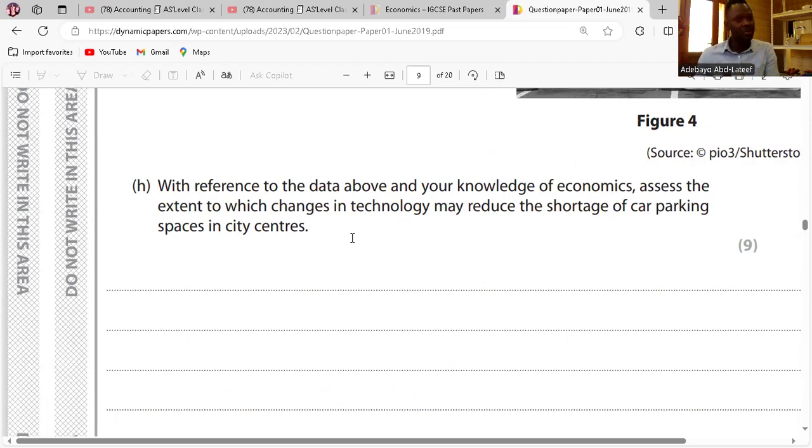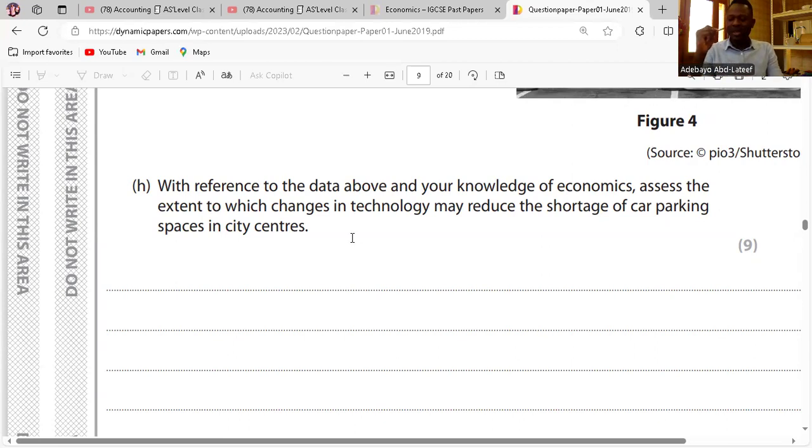Advanced parking space. So I wrote, shortage comes as a result of demand greater than supply, as in the context. Without the advancement in technology, more parking spaces are demanded than supplied, which means demand is increasing. Do you get the point there? So demand is increasing if there's no advancement in technology. Now, introduction of APS. An introduction of APS will increase the supply of spaces, shifting the supply curve rightward. Do you get the point? The third point, advancement in technology will reduce shortages of space, which can be graphically represented as